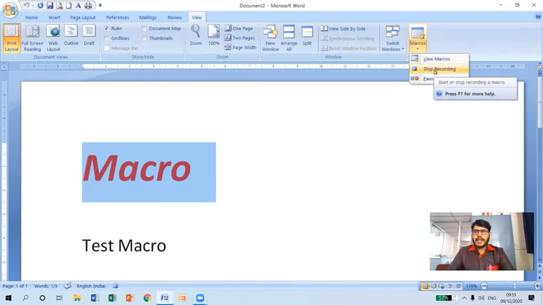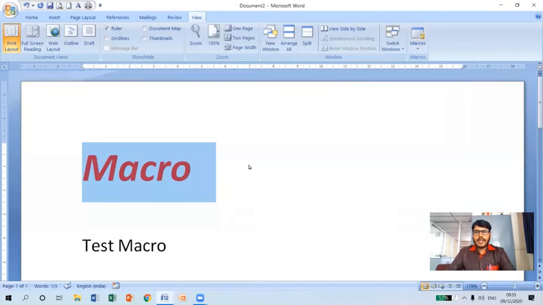As you can see, we have a stop recording option. Earlier it was displaying record macro. Now it is displaying stop recording, which means the macro is being recorded. Let me click on this stop recording option so that it will stop the recording. Now you can see my mouse cursor has turned back into its original cursor.